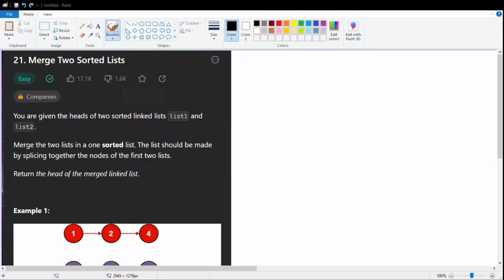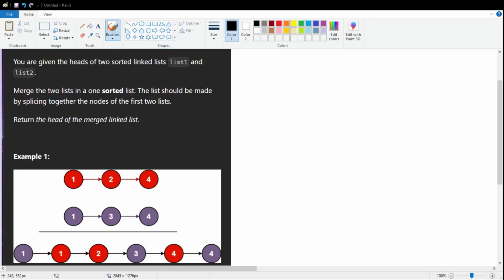Here we have LeetCode problem 21, merge two sorted lists. So you're given the head of two sorted linked lists, list 1 and list 2. You would basically just want to merge them into one big list that contains all the nodes of list 1 and list 2, but you want to keep them in sorted order, as you can see in the example here. This is the output. It's 1, 1, 2, 3, 4, 4. So it has all the nodes of list 1, all the nodes of list 2, but you keep it in